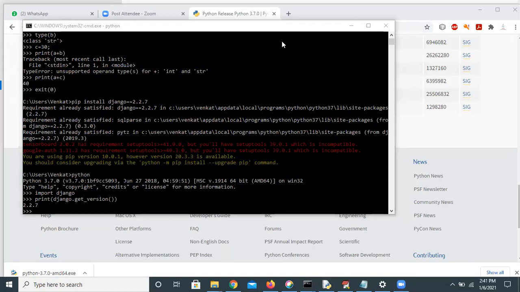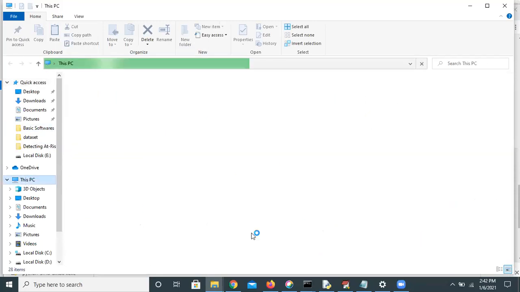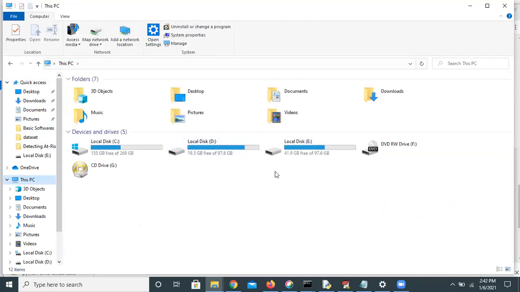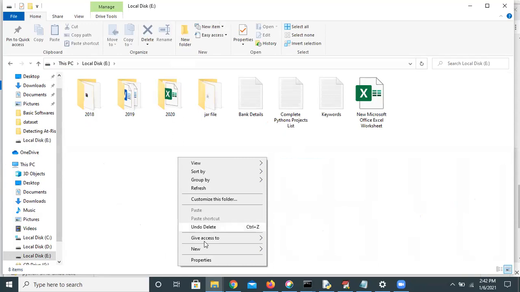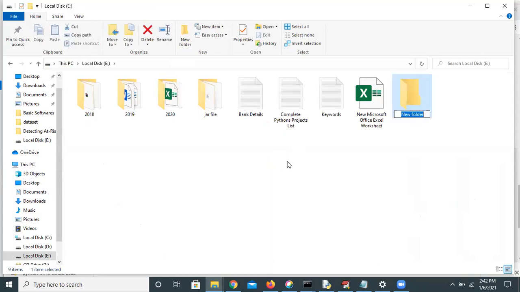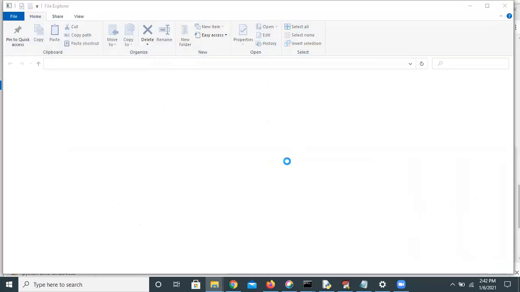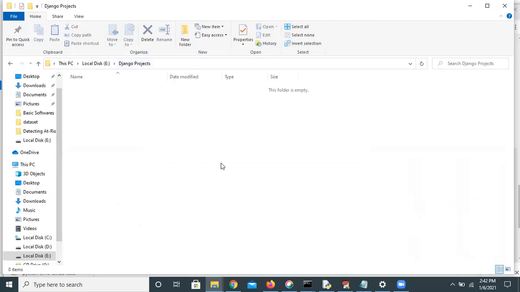Here in my computer, I have D drive, E drive. For example, I will choose E drive. In that E drive, I want to create my folder, that is Django projects. In this location, I want to create my Django projects.